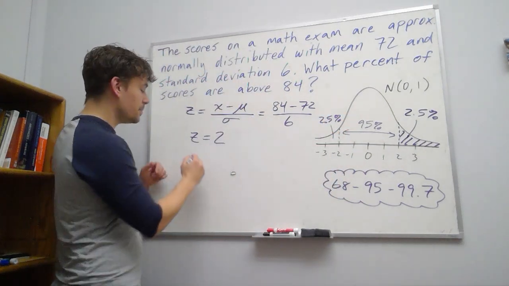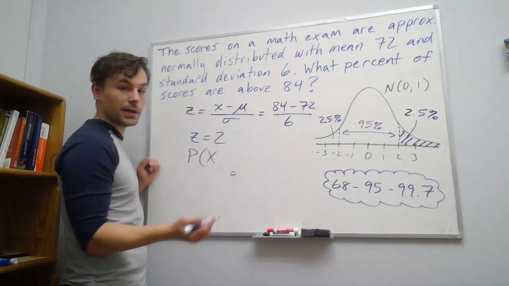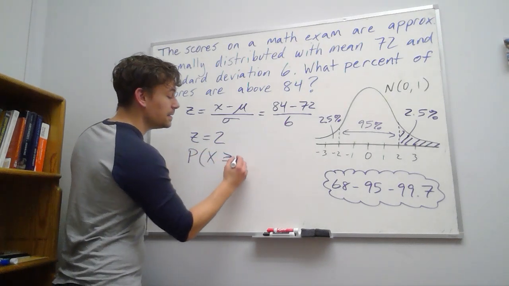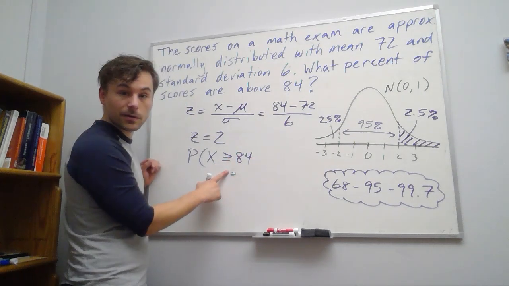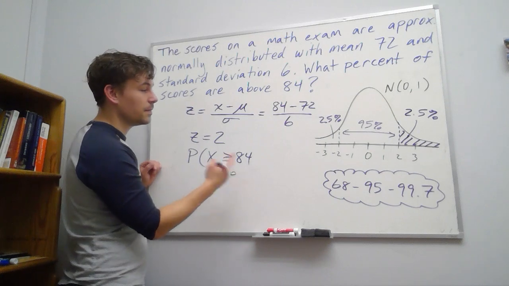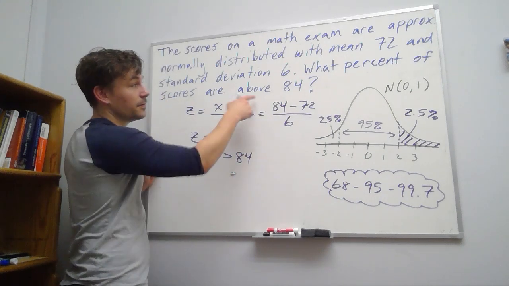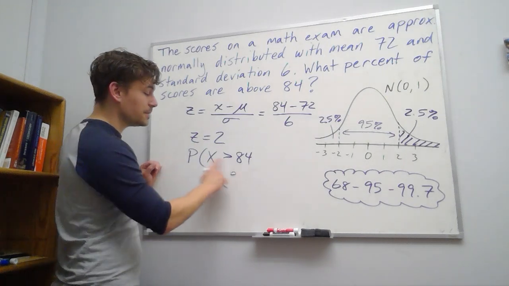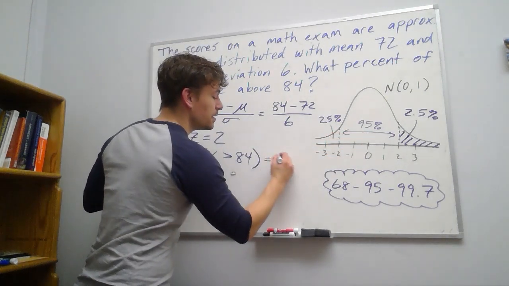2.5%. That means the probability of having a score, we call it x, that's at least 84, and it doesn't really matter if we say greater than or equal to or just greater than. So in this case, I'll say sure. I guess if we're being technical, above 84 would be strictly greater than 84. Then we would get that shaded region,